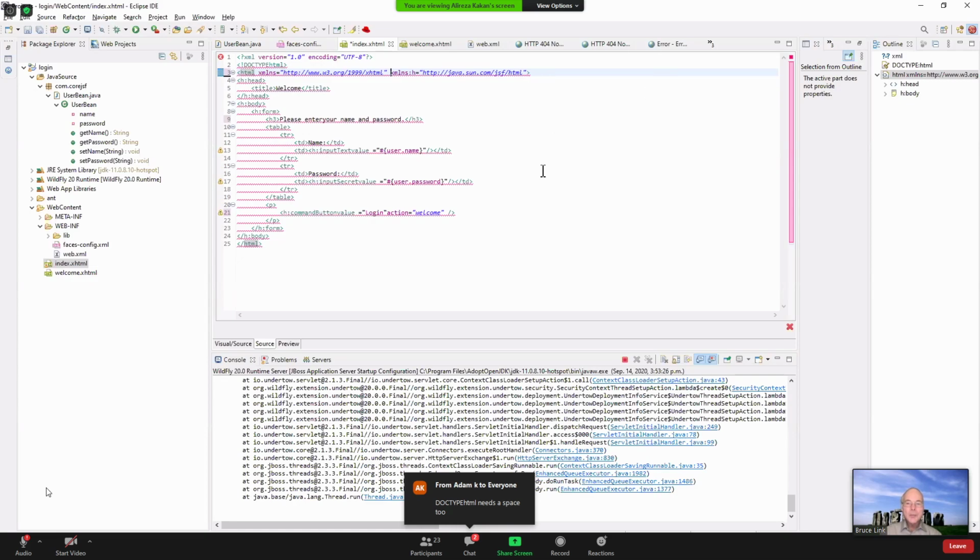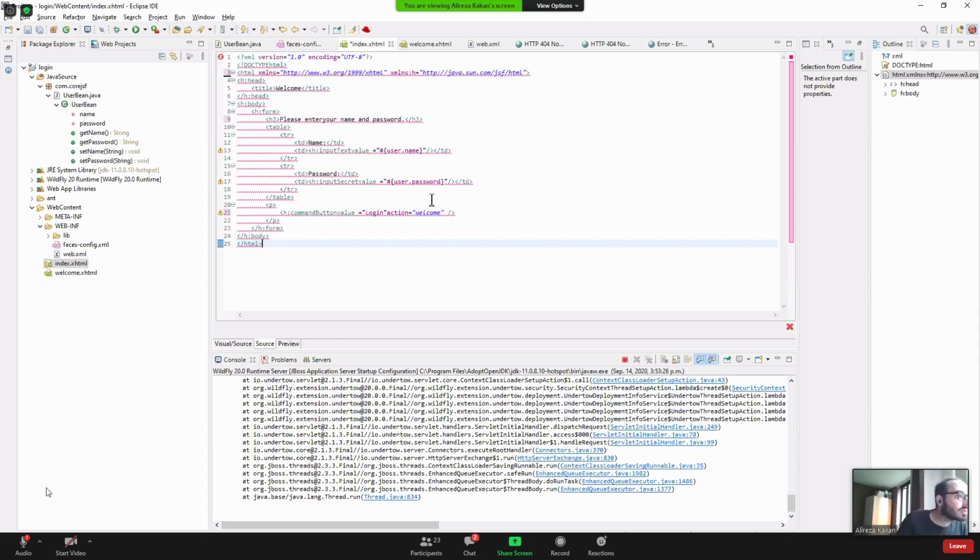Okay. So doc type, yeah. Oh, good catch. Yeah. So after doc type there should be a space. Okay, so where is it? It's on line 2. So it should be doc type space